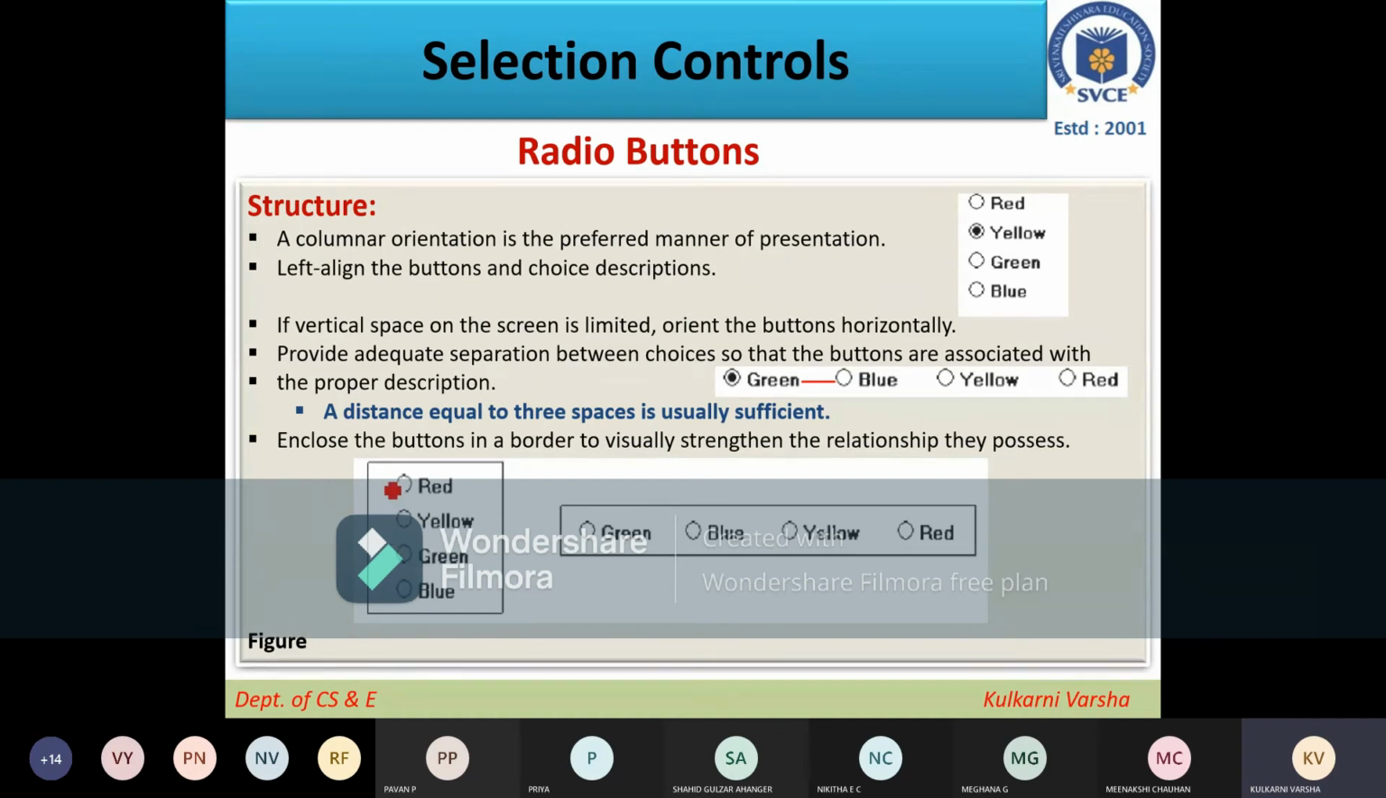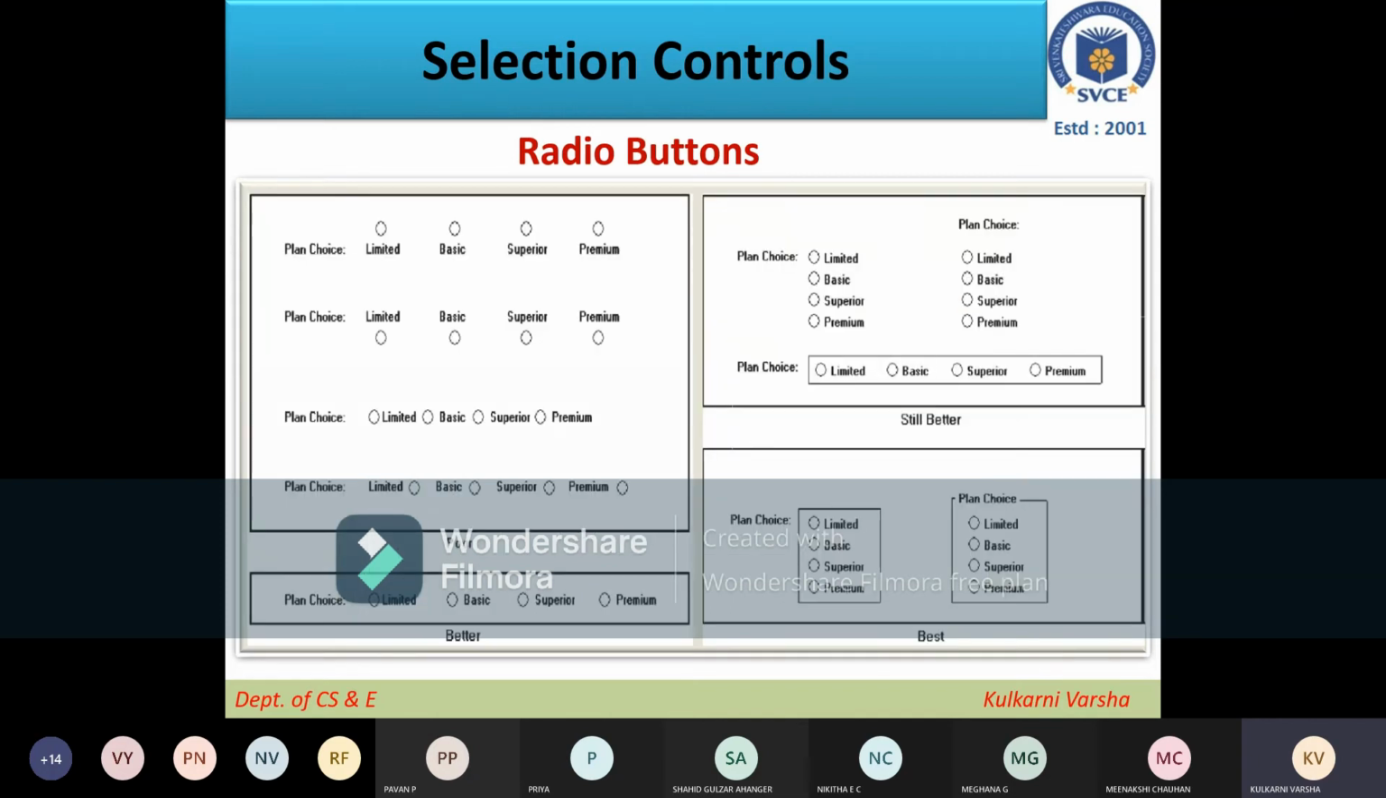So to make it visually clear that this is one component, you can put a border across it. Then you have some more examples you can see over here. This is the poor form of radio buttons, because you are giving the plan choices: limited, basic, superior and premium, where you can see